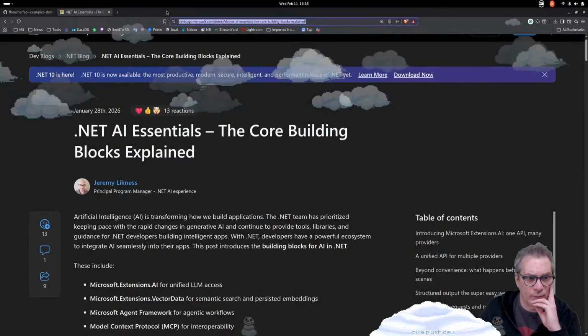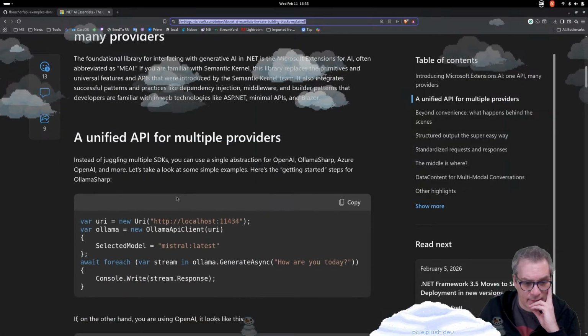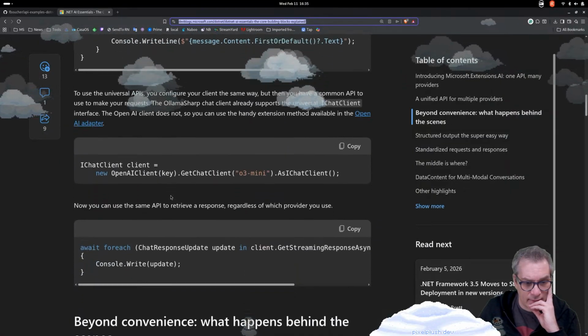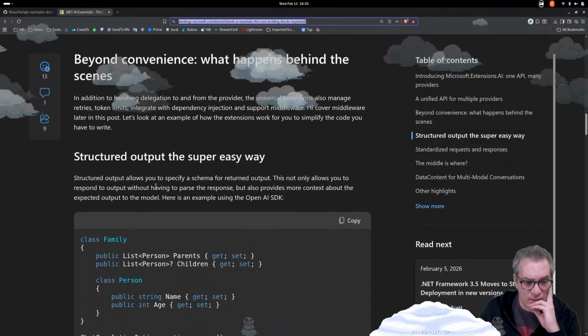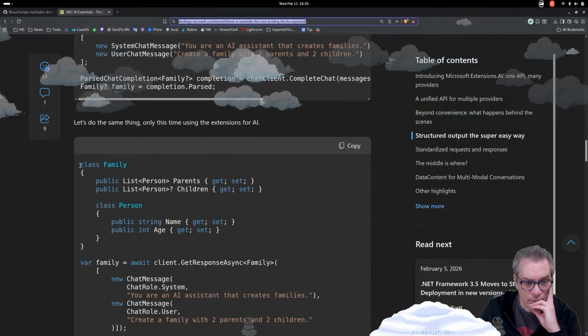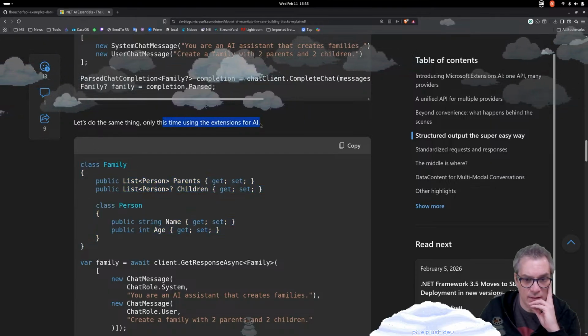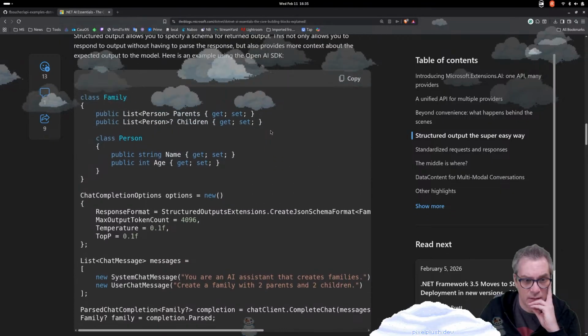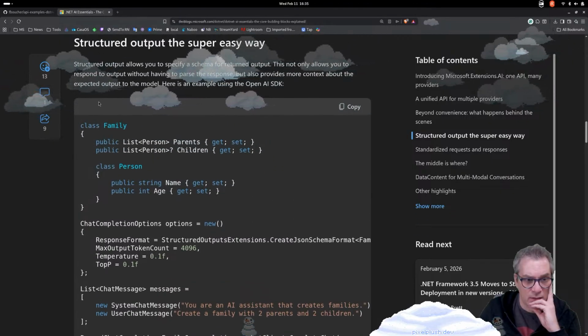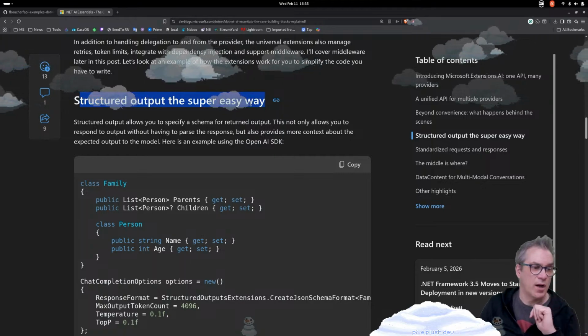Yeah. Okay. So yeah. Okay. It's in there at some point. Cool, so here it creates. So let's do the same thing, only using the extension for AI. Okay, structured output, super easy way, cool. That's what I want to try,